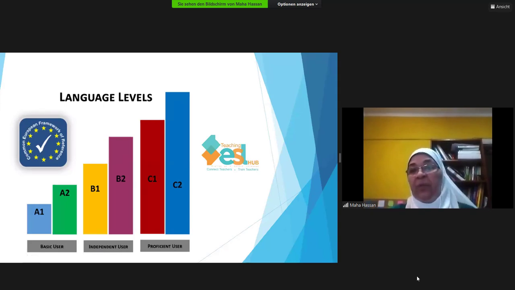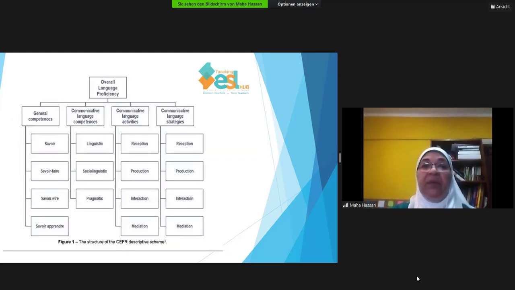With the former CEFR, they set descriptors for all these levels according to the four skills of the language: listening, speaking, reading, writing. But this one, they had it differently. They divided the overall language proficiency into general competences, communicative language competences, communicative language activities, and strategies. The most important thing that they have concentrated on here is